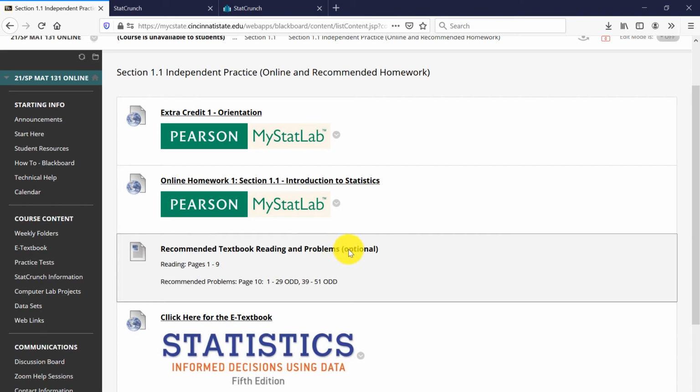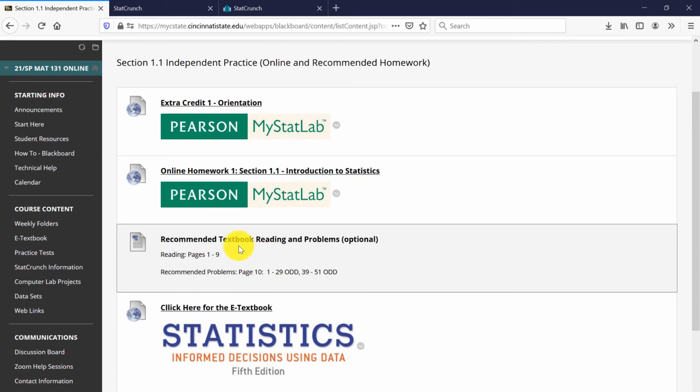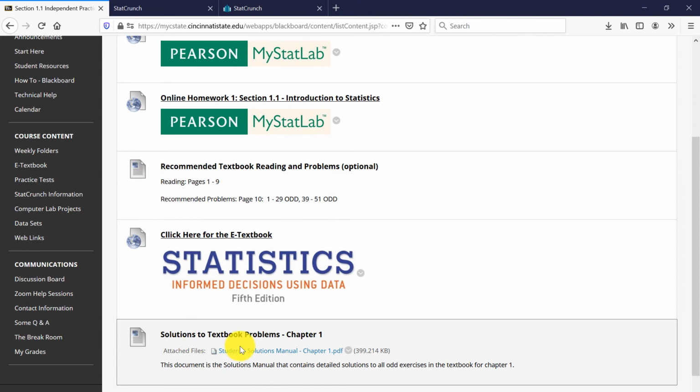So if you need more help, you can work the homework problems from MyStatLab, but you can also work the recommended textbook problems and then check your answers using the student solution manual that has all the problems for the odd numbers worked out.